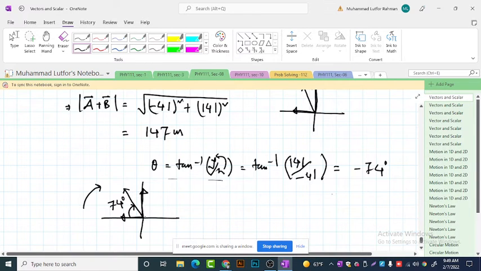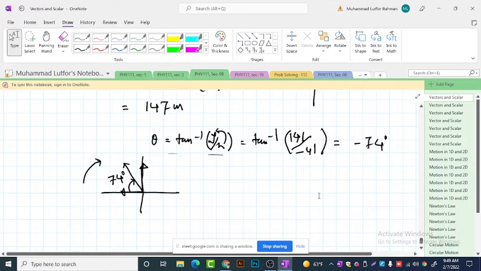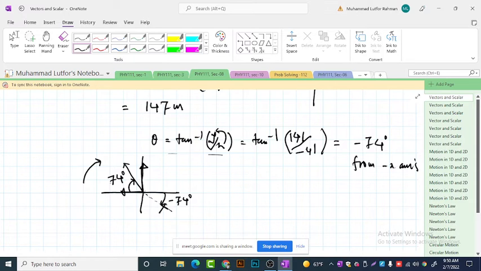Now the question is, sometimes if you only say minus 74, then I can say it would also be in the fourth quadrant. If it is measured from x to y, minus 74 is also correct. But for this condition, it is not going to be correct. So I have to say minus 74 from the negative x-axis, then I can precisely say it should be in the second quadrant. If you only say minus 74, I could assume it would be in the second quadrant, or it could be in the fourth quadrant. To overcome this confusion, you have to write it that way, minus 74 from the negative x-axis,